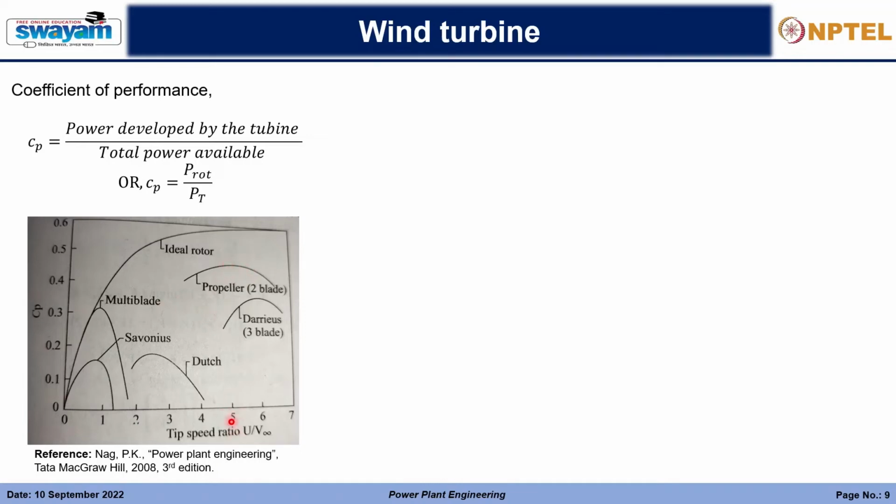So there is an optimum tip speed ratio for which the coefficient of performance is the maximum. So that actually depends upon what? The tip speed ratio, and the tip speed ratio is basically the ratio between the blade speed and the velocity of air. So the blade speed, the speed at which we are rotating the blades, is also impacting the coefficient of